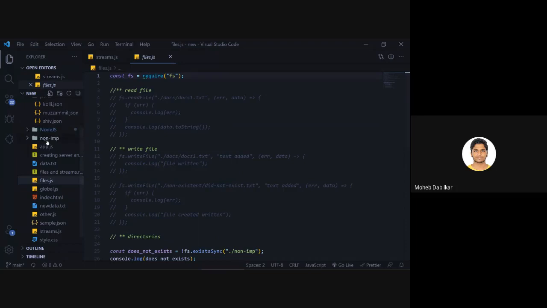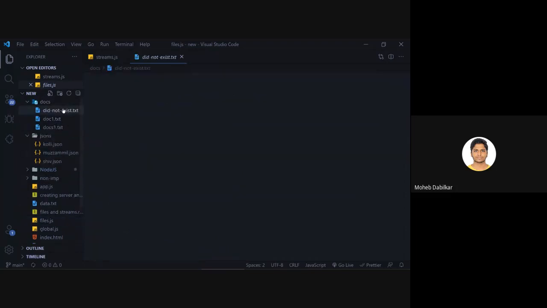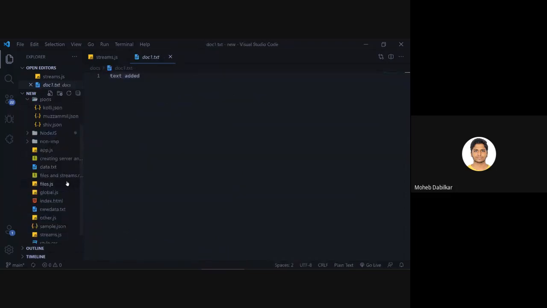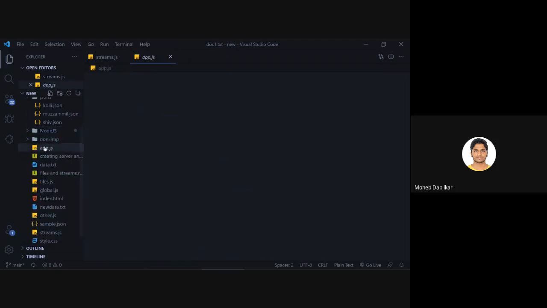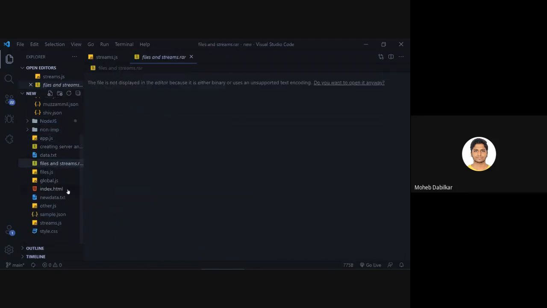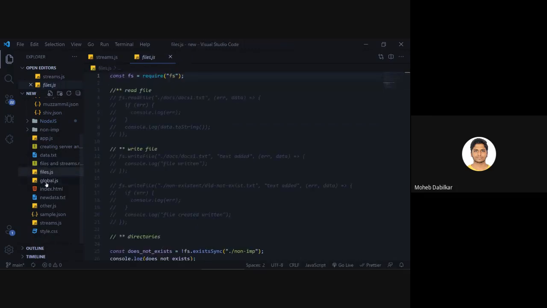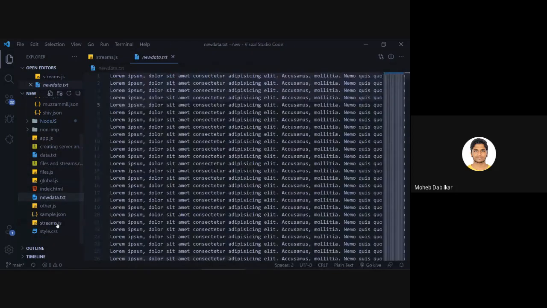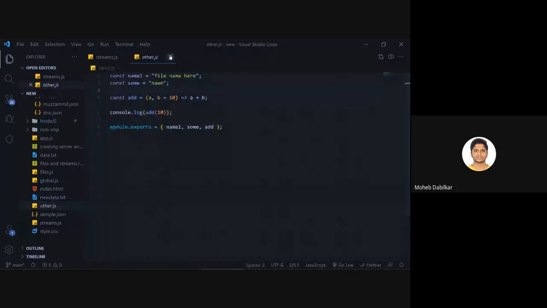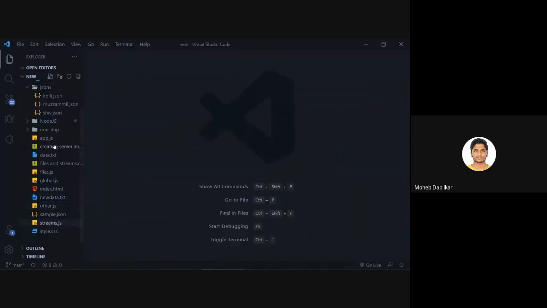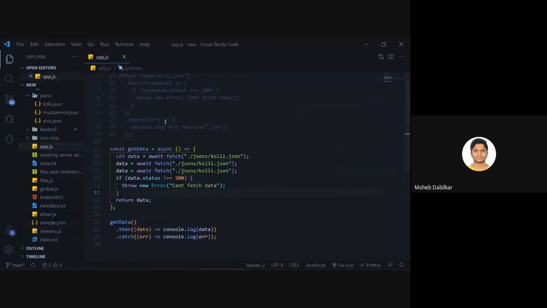Let's see if I have a very bad code. This is something we don't need. So this is also an empty file. Okay, none of this makes sense. Okay, so let's just start with this right now.